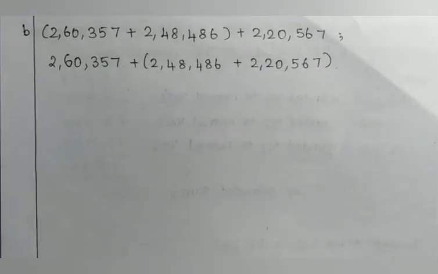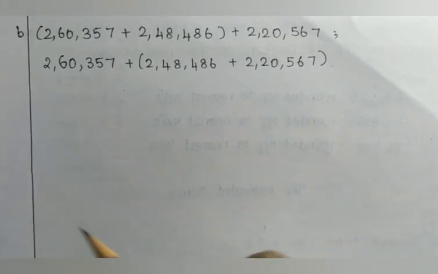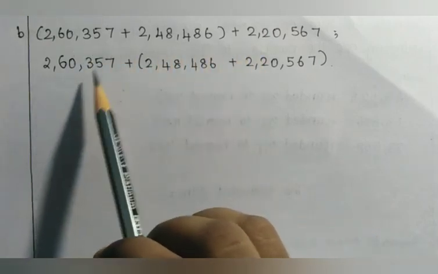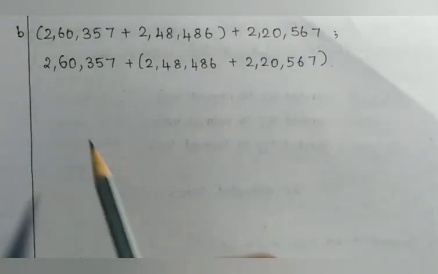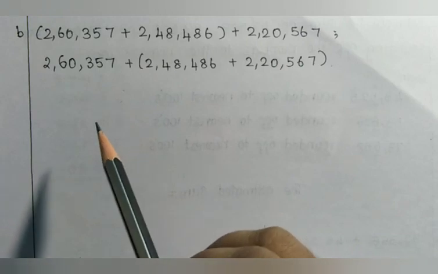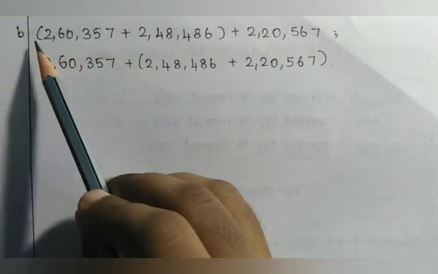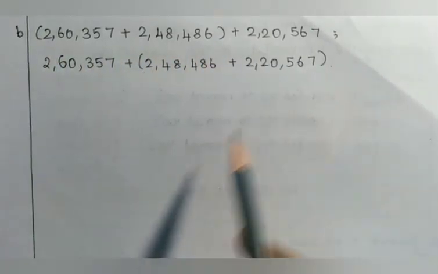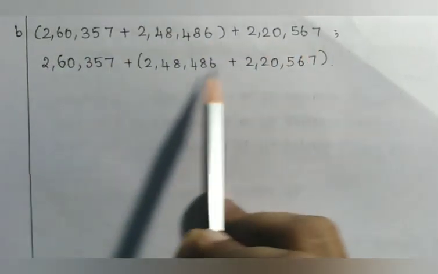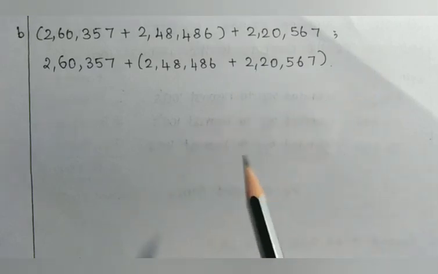Now the sum, let us again check whether the associative property of addition holds true in this sum. That is, in case of 3 or more addends, here we have 3 addends, even if the addends are grouped differently, the answer will be the same. Here look, the addends are all same, but they are grouped in different places. So let us consider this as the first sum and this as the second sum and solve it and find whether both the answers are same.